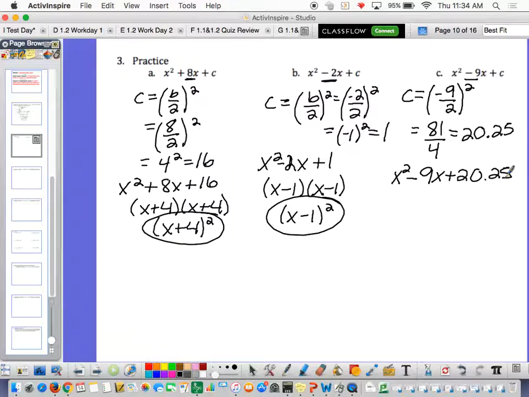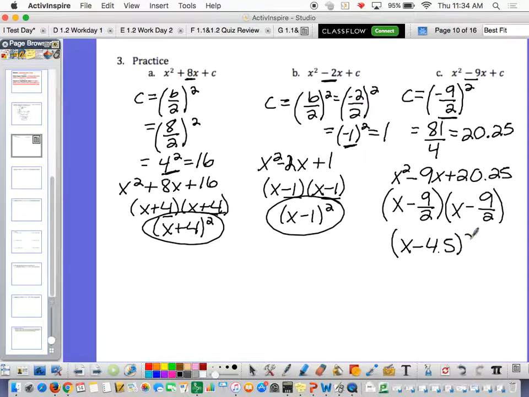And you're like, Bacham, how do we factor that? Well, just follow the pattern. If you notice, this number right here and this number right here, those are the numbers that you see down there in the factored form. So that means that is what we use. So that's x minus 9 over 2 times x minus 9 over 2, or 4.5. So I'm just going to say that's x minus 4.5, or 9 over 2,